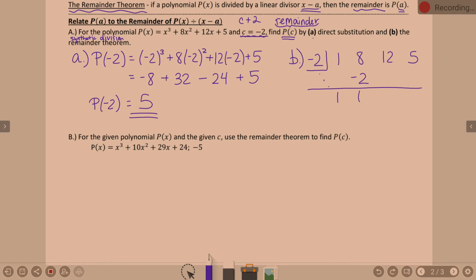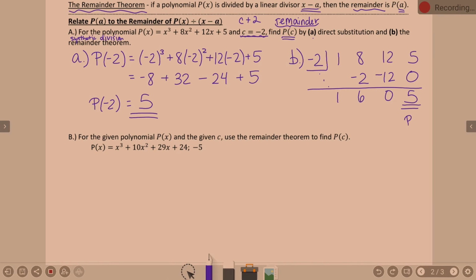Multiply. Negative 2 times 6. Negative 12. Add. 12 plus negative 12? 0. Multiply. Negative 2 times 0? 0. Add. 5 plus 0? 5. What's my remainder? 5. So